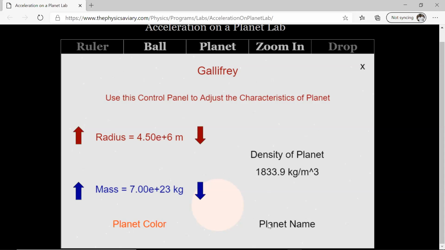Okay, you will increase the radius by 1, you will increase the mass by 1. The density, of course, will change, and you'll give it a new name, and conduct the experiment again by dropping the ball twice. And then you keep doing this over and over until you reach the sixth planet. After the sixth planet, you will be done with point 11, and then you can move on to point 12,